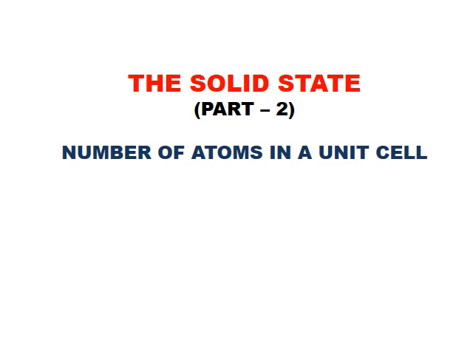In the previous session of solid state, we discussed the definition and the differences between crystalline and amorphous solids, and the terminology involved in studying the geometrical structure of solids, that is crystal lattice or space lattice, lattice points, unit cell and coordination number. In this session, we'll be discussing the number of atoms present in a unit cell.